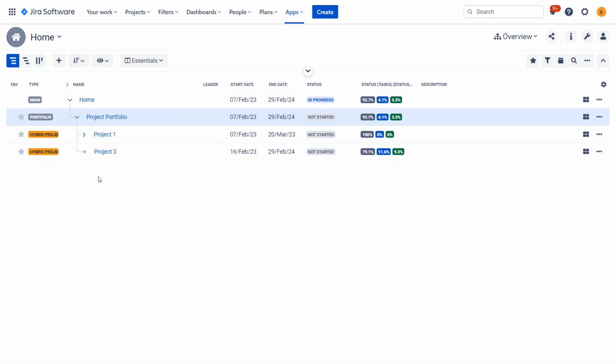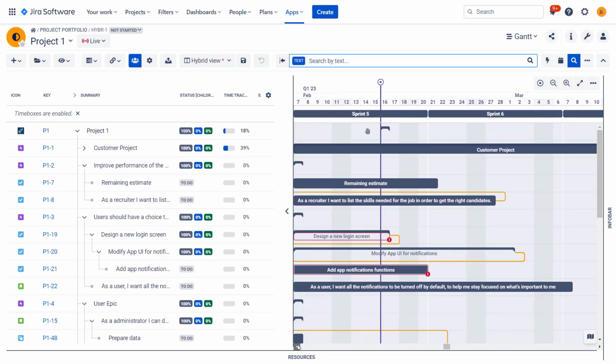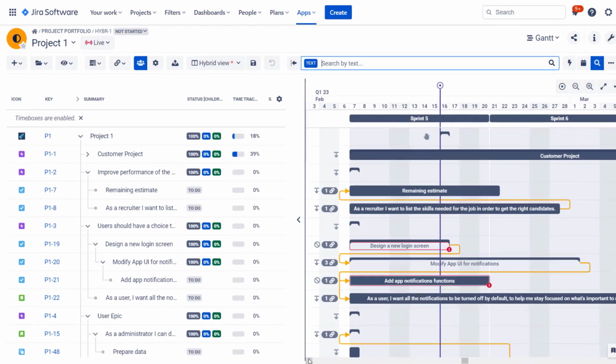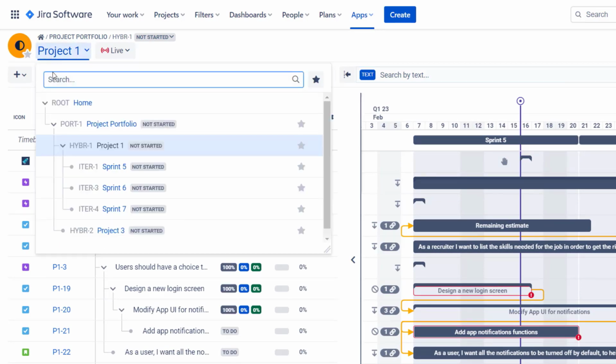Of course, we could take in BigPicture exactly the same approach as in Advanced Roadmap. So we could just create multiple boxes on the same level, and just one representing the project portfolio would cover the scope of all the projects that we have created. But here it is a bit more automatic. On the project level, we can still manage issues over here, manage the project over here, dependencies, resources, and so on and so on. But if we need to go a step higher, have an overview, we can switch over to the